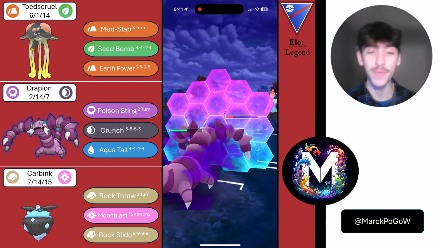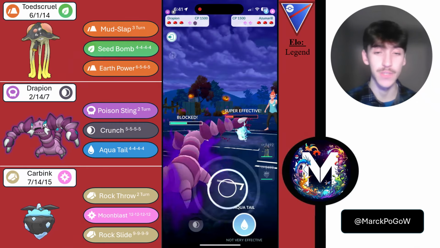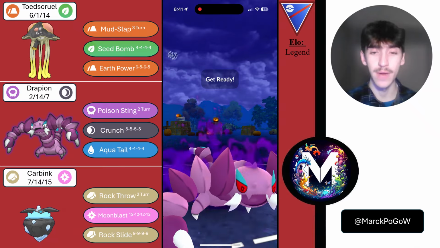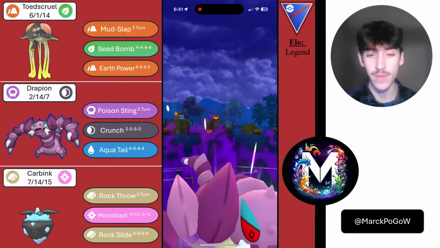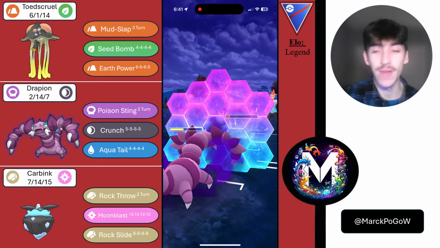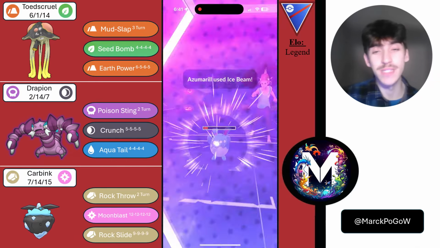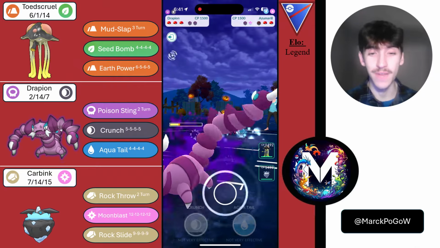Unfortunately, none of them come through, but because they gave me such an energy lead, I'm still going to look for that switch of the flip. I'm now going to go for a Crunch on the CMP tie. I wasn't completely positive that an Aqua Tail would be enough to knock out. Crunch is going to get a shield from my opponent, but all that does is set up a perfect Poison Sting farm down for the Shadow Drapion, and if they stay in and get fully farmed down,